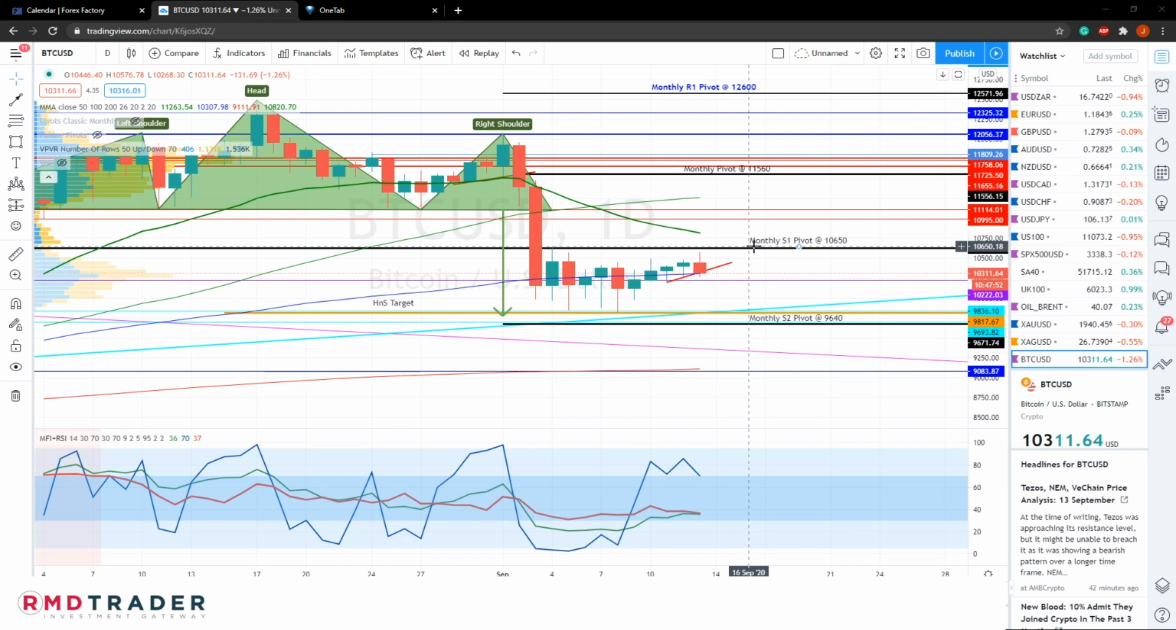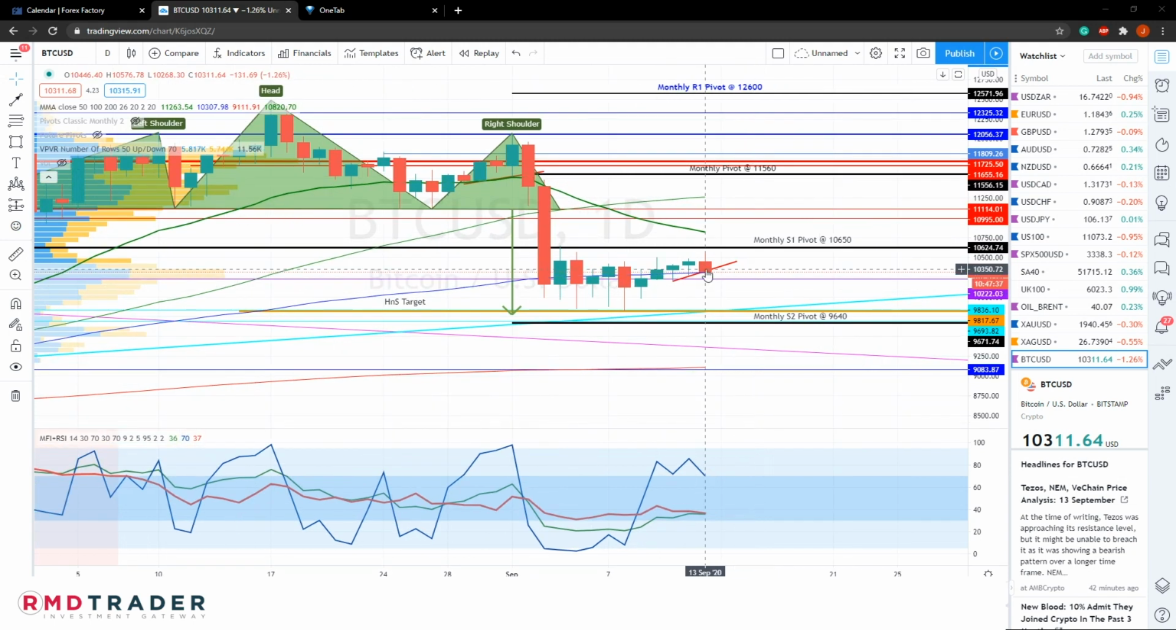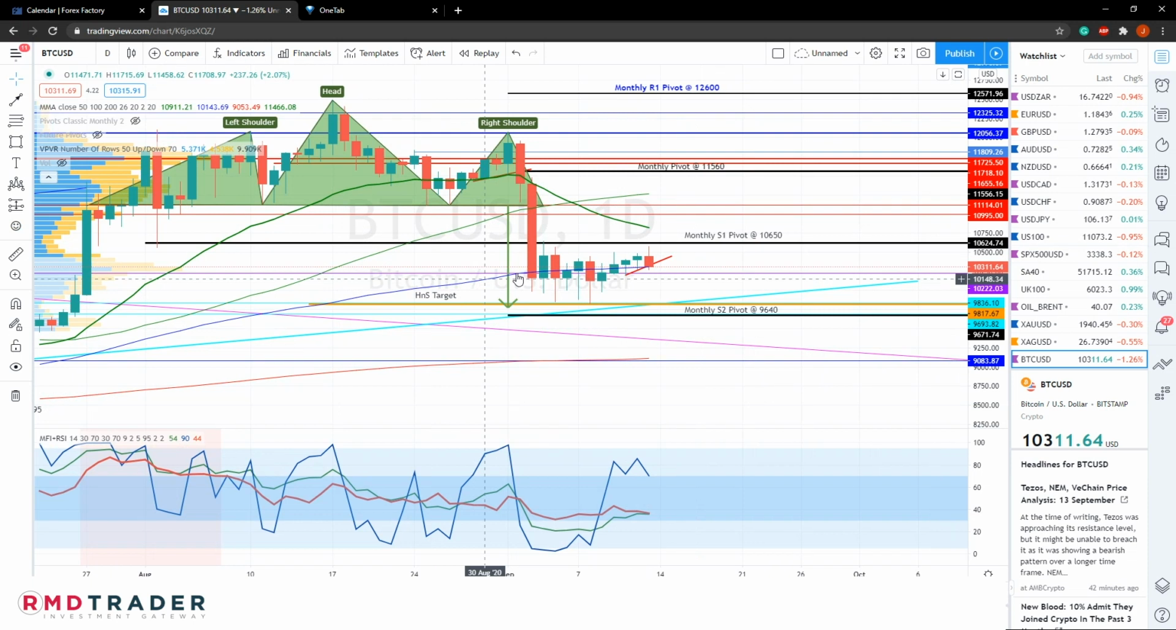Should we manage to clear that or see a decent close above it, I believe we will retest the neckline of this head and shoulders, which is at 11,120. And just looking at some bearish scenarios, should we close below our daily 100 SMA and reject this level,